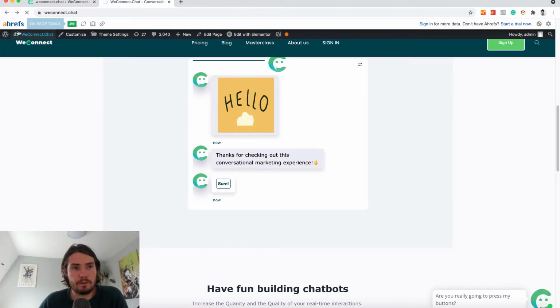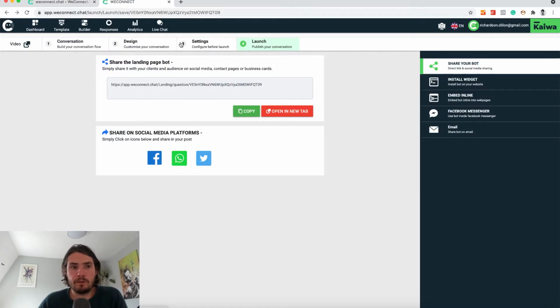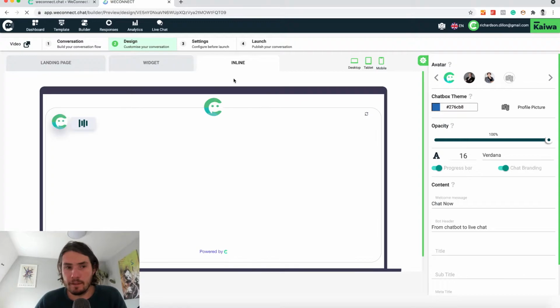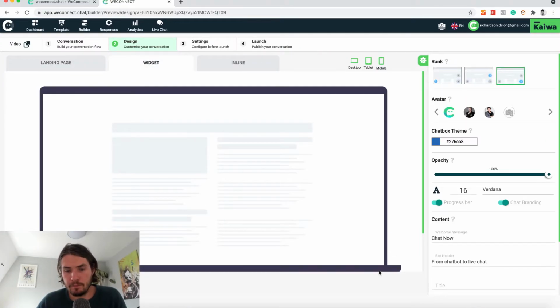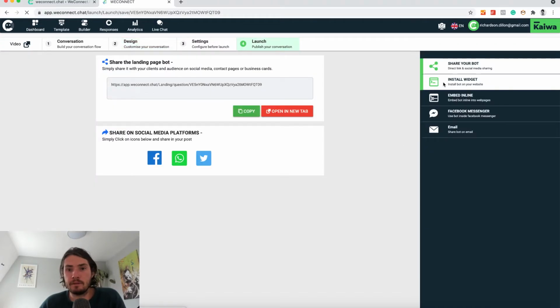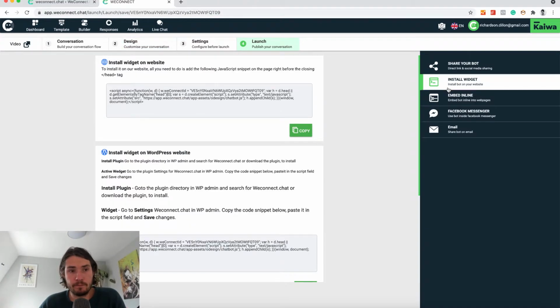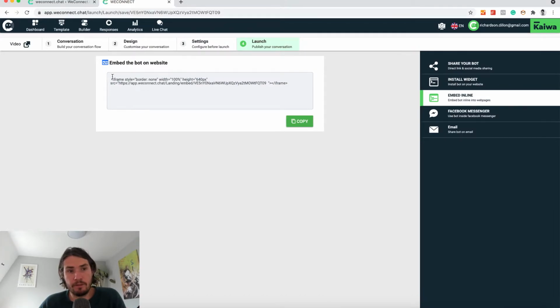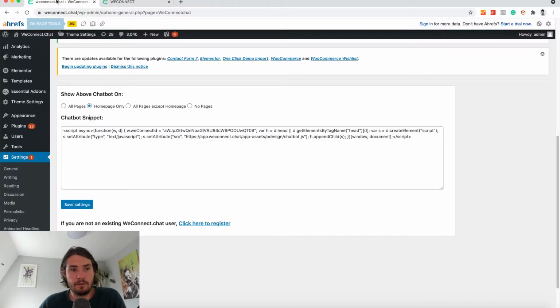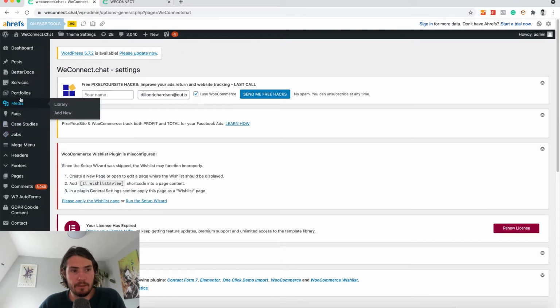Let me go back to our products. If you want to install it inline, so a widget you just installed, it's always the same code, so that's pretty easy. You can also install it twice, so that's not a problem. But if you want to install it inline, what you're going to need to do is you're going to need to embed an iframe. So you go here, you have the iframe, and what you need to do is you just need to copy it, and you will go to a page,